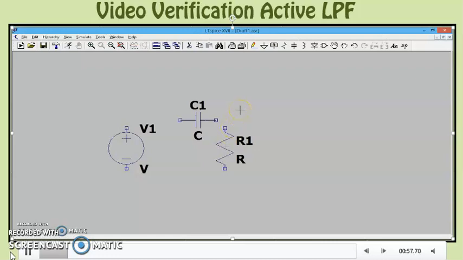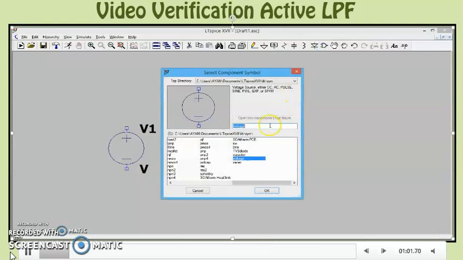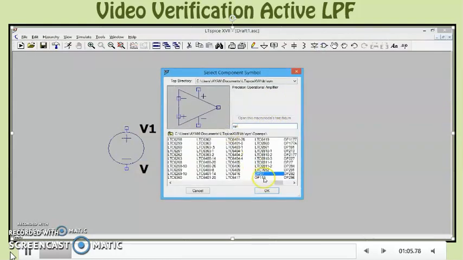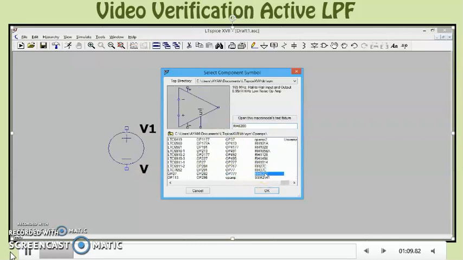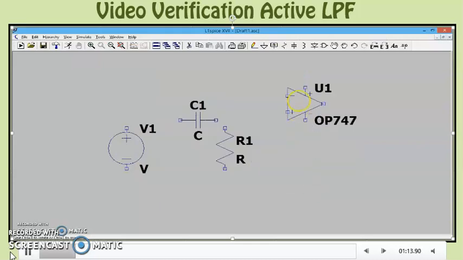We need an op amp and two resistors more. So we'll first of all add an op amp, write OP and get into the library. The closest to 741 is 747, so we'll be using 747 here. We'll be placing it right here.